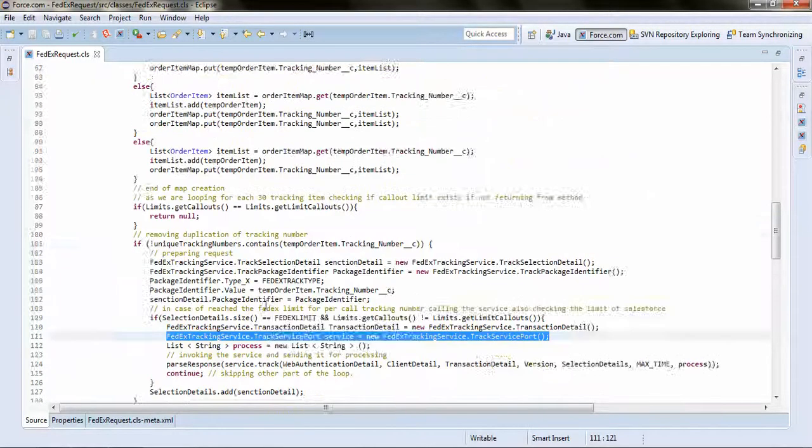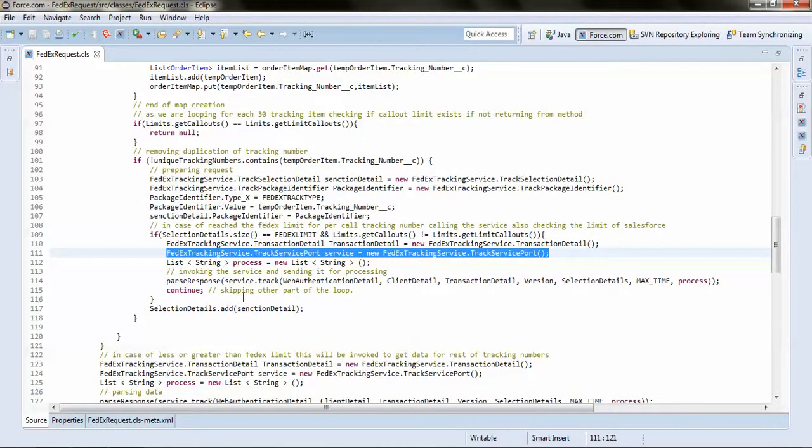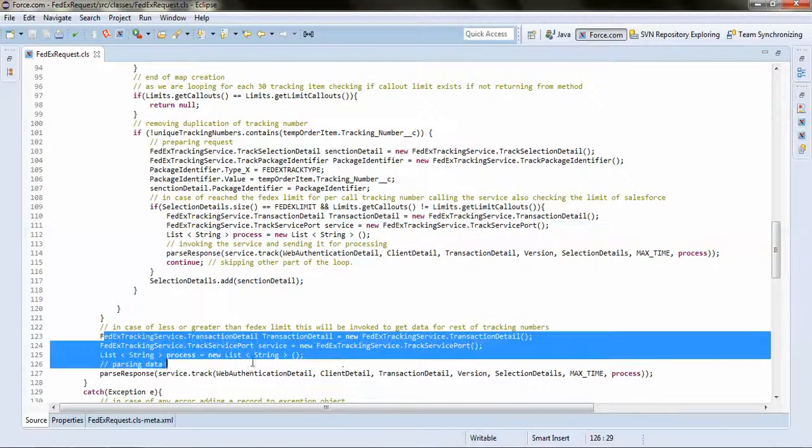It will go from the top and start working from the next order item. If it is 31, then 30 will be done here, and from the next one it will be invoked via this class, this portion.